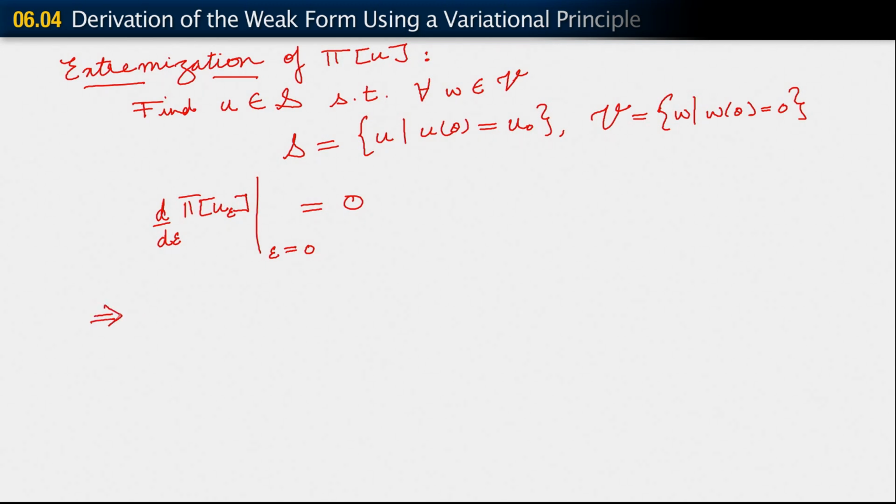What this implies then is that d/d epsilon of pi, and I'm going to write out pi, and let me give myself big enough brackets here, d/d epsilon of integral over omega, okay, here we have 1/2 EA times (U plus epsilon W), the whole thing comma x, squared, dx